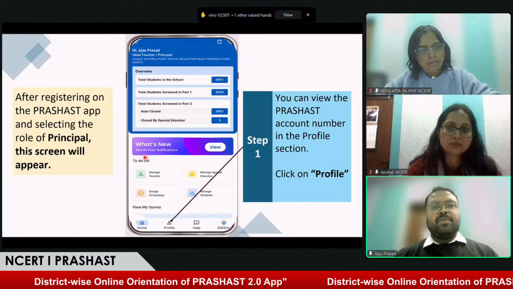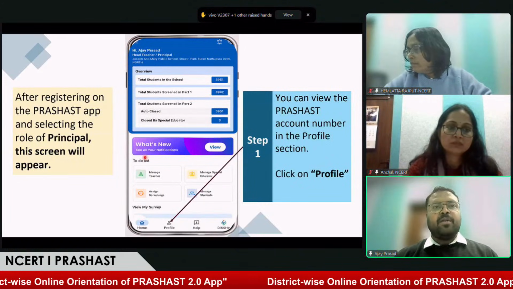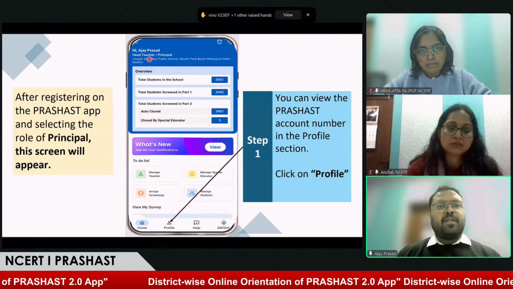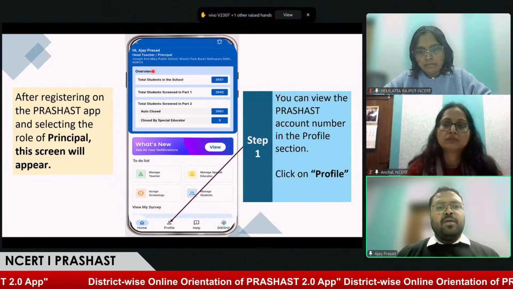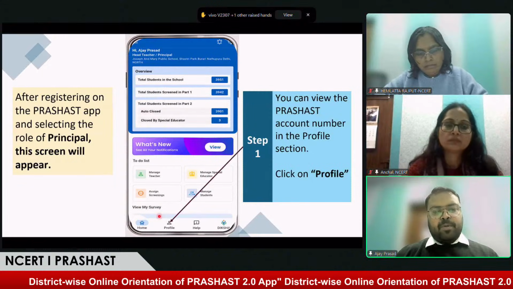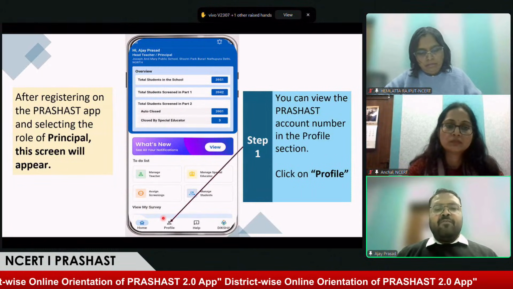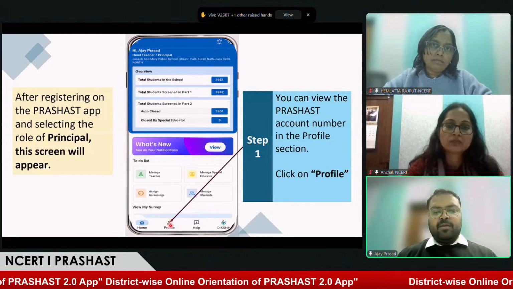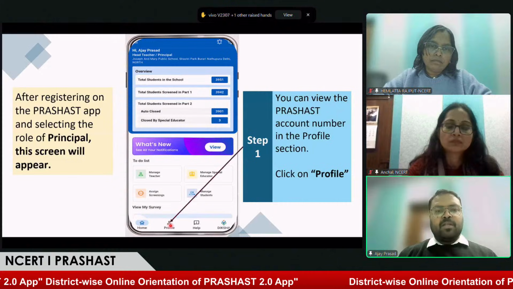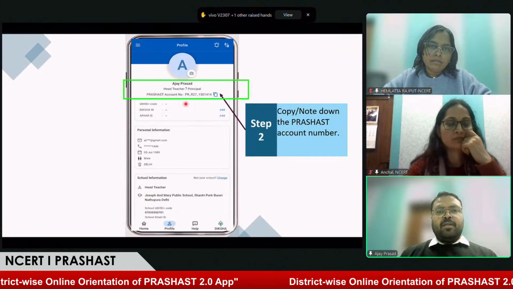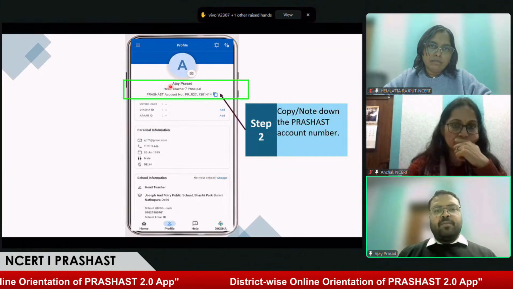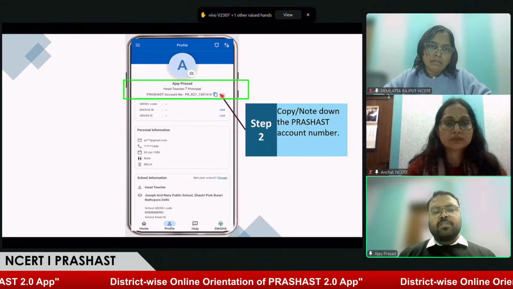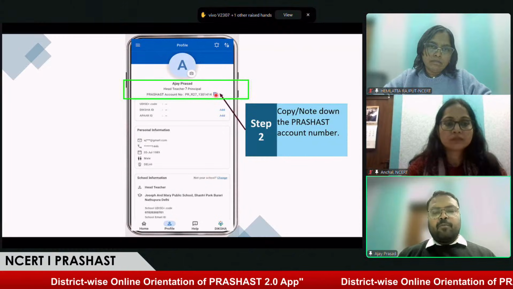And the second step is they have to note their Pehchan account number. Okay. The first step is to log in as the head teacher. As you can see, I'm Ajay Prasad and I've logged in as a head teacher over here. My next step would be to look for the Pehchan account number. I'll find it in my profile. As you can see below, there's a profile option. Once you click here, I'll be taken to a profile. Over here, I'll see my name, my designation, and a Pehchan account number. I have to copy this account number using this copy symbol.